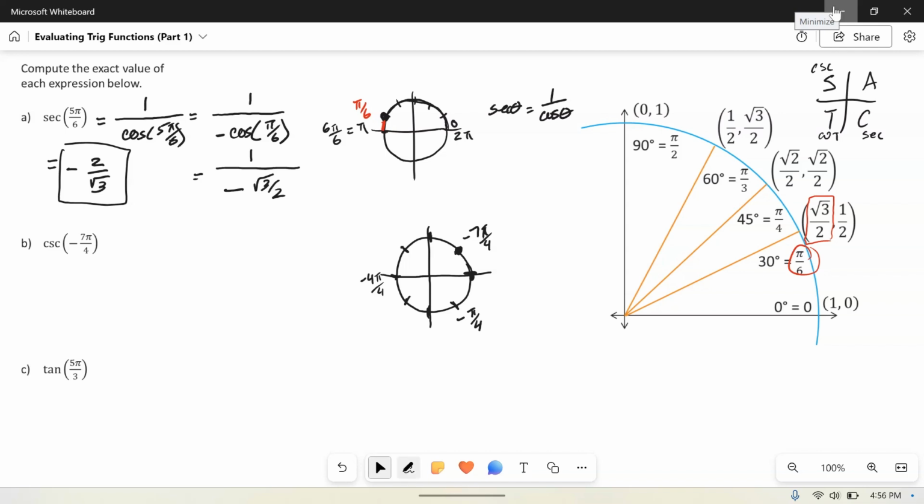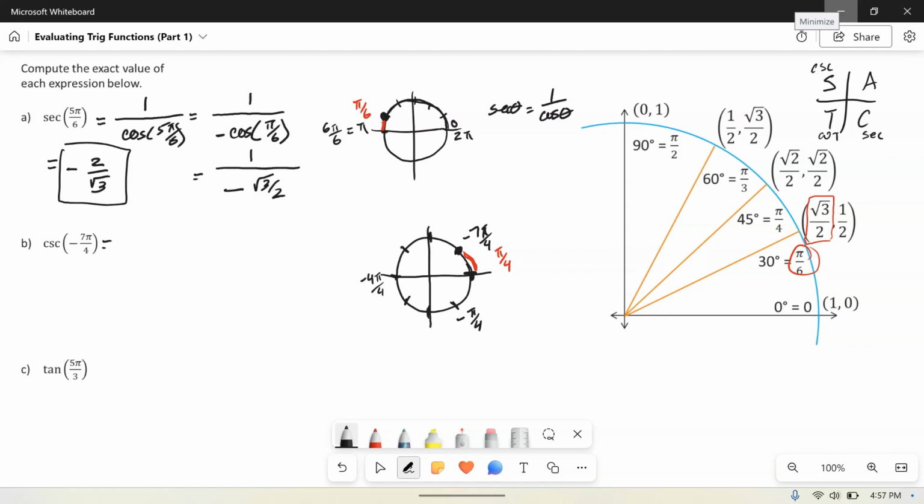Okay, and the nice thing here is we know that all the functions are positive in the first quadrant. The reference angle for negative 7 pi over 4 would just be pi over 4, because that's how far it is from negative 7 pi over 4 to the x-axis. It's just pi over 4. Okay. So that means, and again, there are different ways we could piece all this together, the other thing that we want to look at is finding our